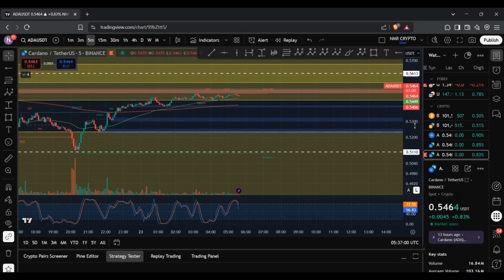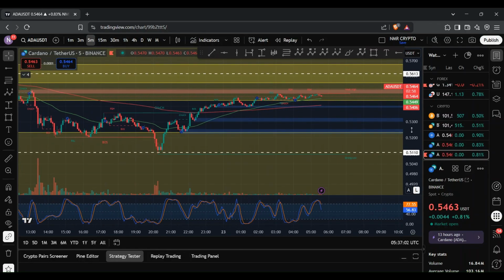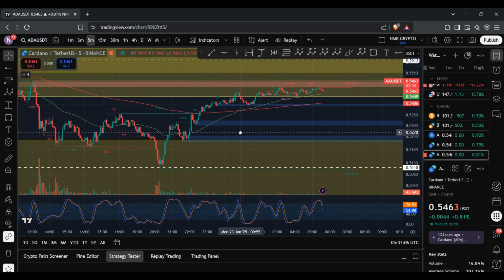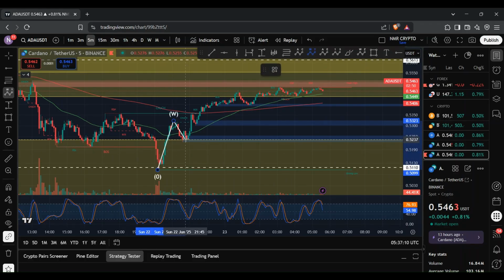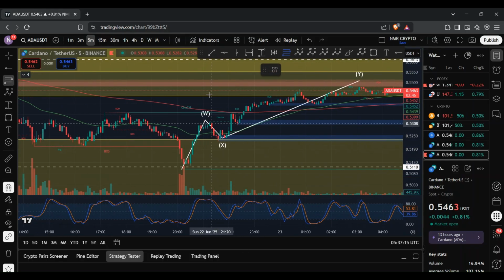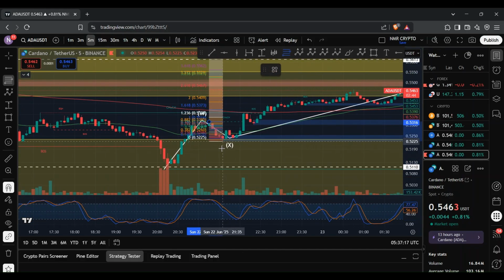And yeah, straight away I can see that this move looks to be made up of a corrective move as opposed to an impulsive move, where what we had was a double XY structure, with this being a W wave, this being an X wave, and this being a Y wave. So what I'll do very quickly is check to see if that Y wave met the typical requirements.